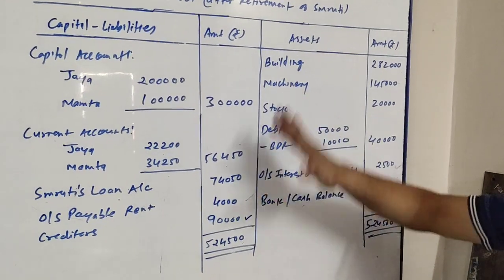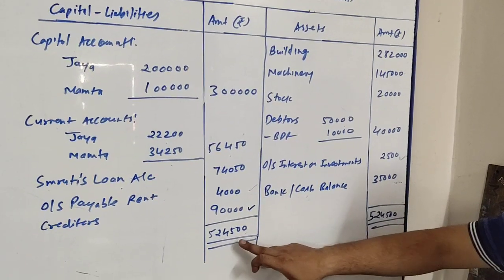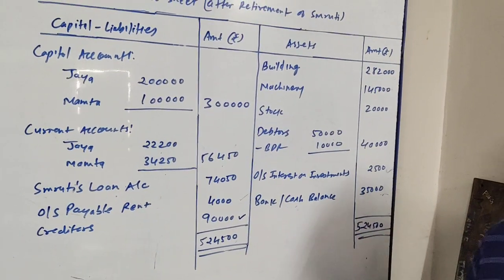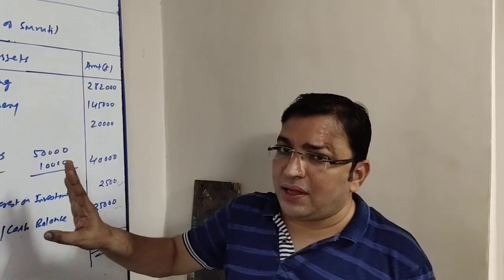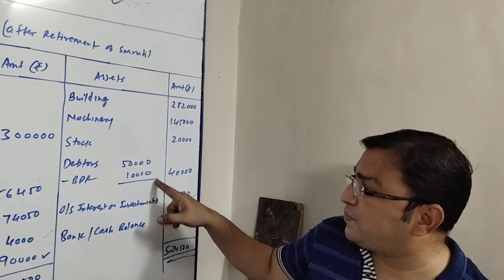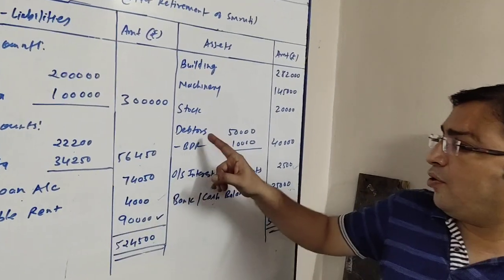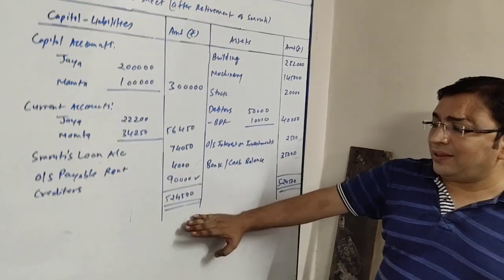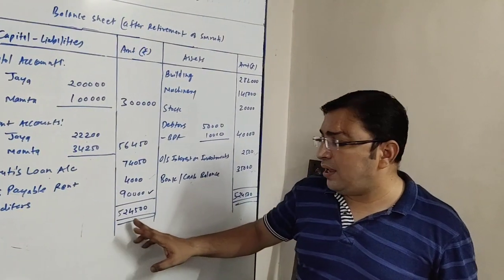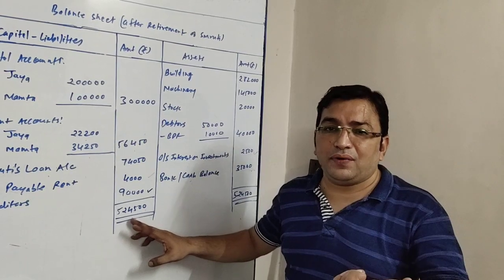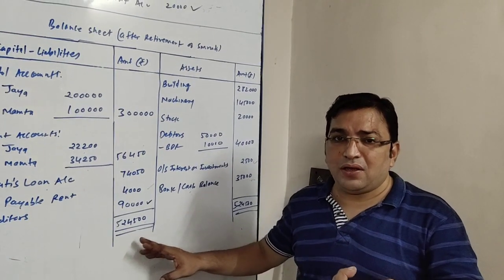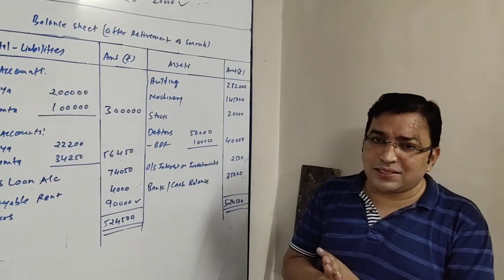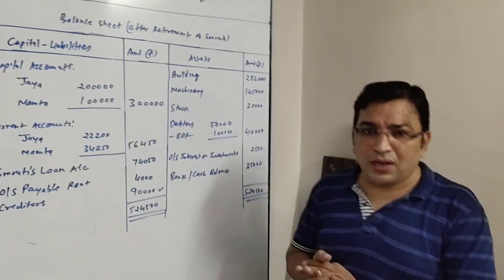Okay friends, now we will be making the total of the balance sheet. When I make the total of the balance sheet, it comes to both sides 5,24,500, 5,24,500. The only change is, if you want to write this BDR on the liability side, you will write debtors here 50,000 and BDR will come here 10,000. In that case, your balance sheet total will be 5,34,500. 10,000 will increase. Both treatments are accepted. I prefer this one, so I have done it like this. Okay friends, thank you.